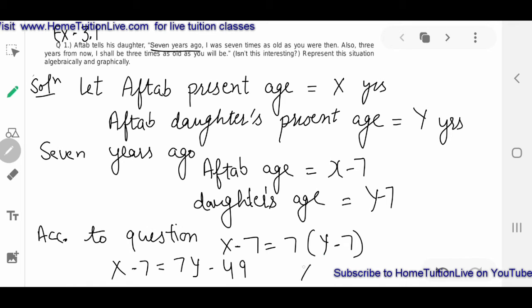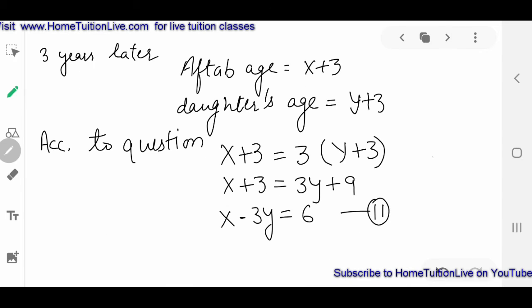Now rearrange the equation: x minus 7y equals minus 49 plus 7, which is minus 42. So this is our first equation. So